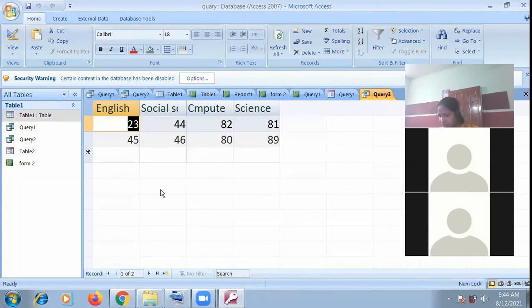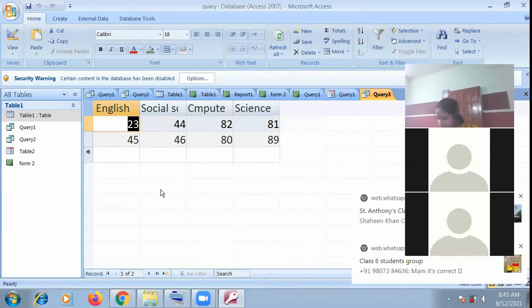Now here on page number 55, you can see reports are used to present data from a table or query in a format that can be printed. Printouts of report cards and invoices are examples of a report. You cannot change the data in a report. You cannot filter or extract data from the report.